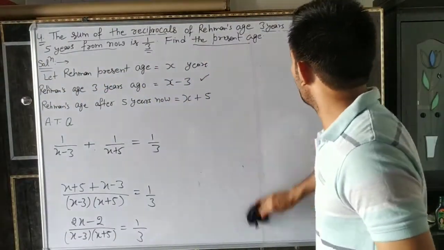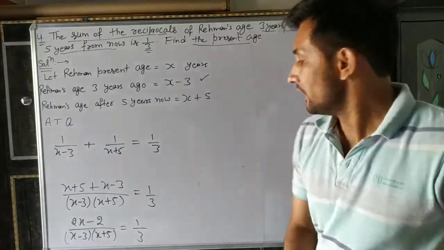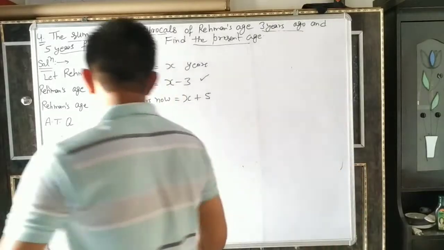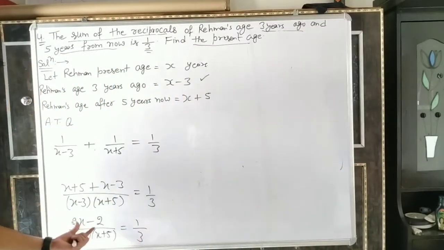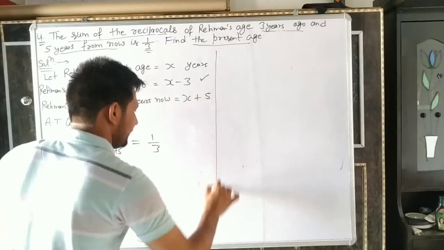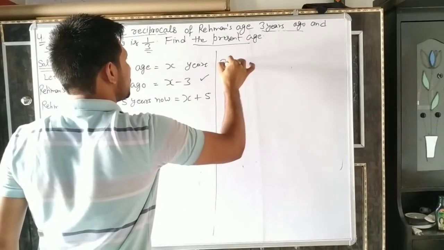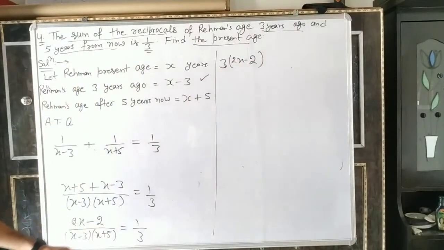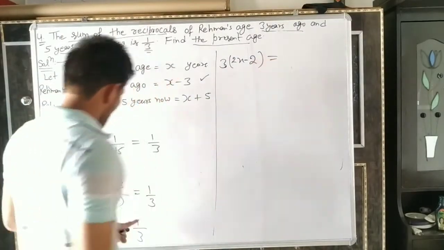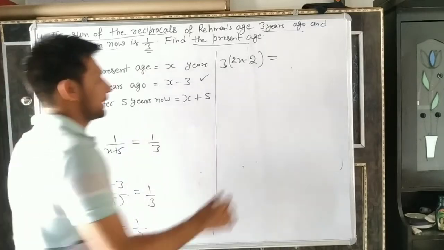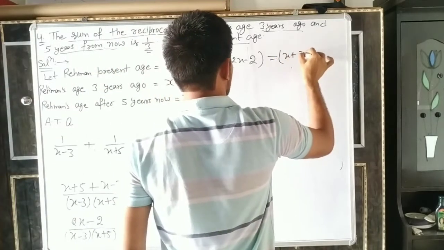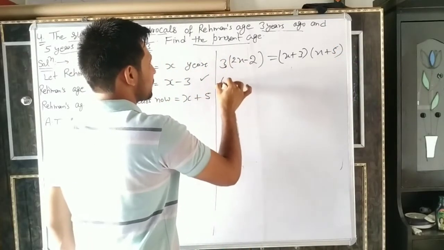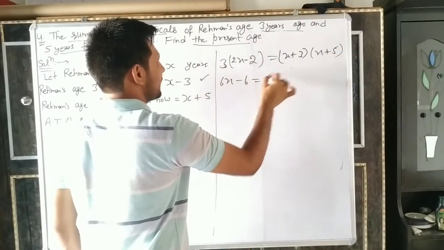Now we will do cross multiplication. Denominator multiplies numerator. So 3 multiplied by this expression, we will write 3 into 2x minus 2, equal to 1 multiplied by the other expression, x plus 3 into x plus 5. So we will solve it. It is 6x minus 6 equal to